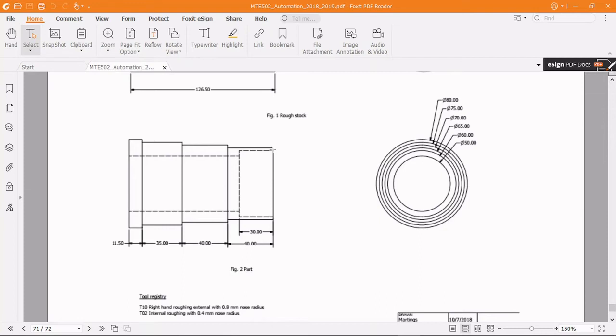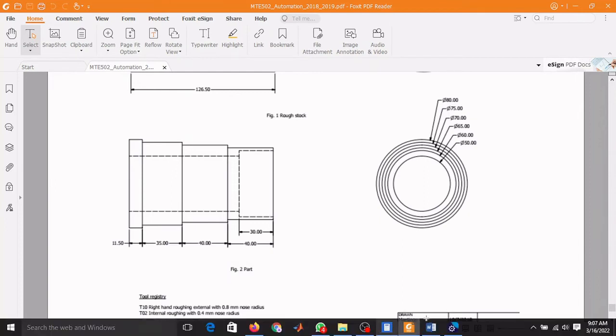So 60 mm to bore the internal diameter from 50 to 60 with a length of 30, while the external diameter is to be stepped on to 65, 70, 75, while this length remains as 80. So that is the